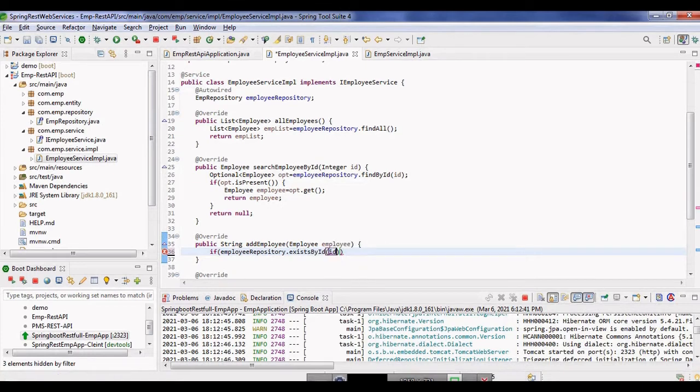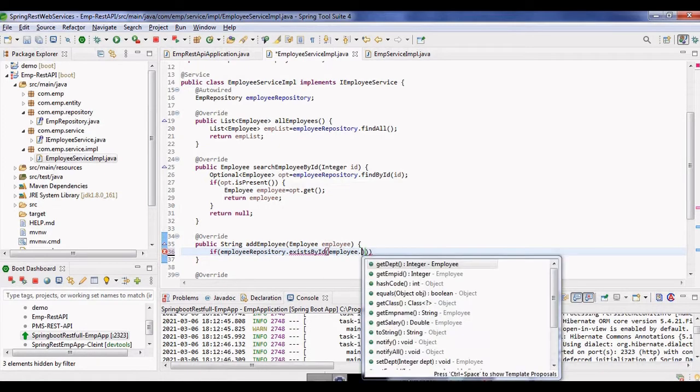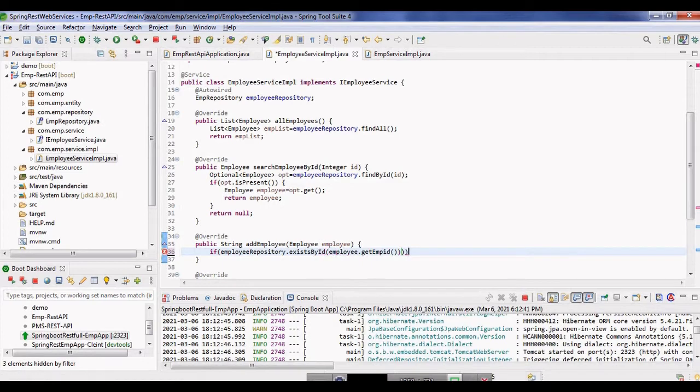So here I'm going to use employee dot get emp ID. If it exists, then we will return the message employee already exists. Okay, this is done.